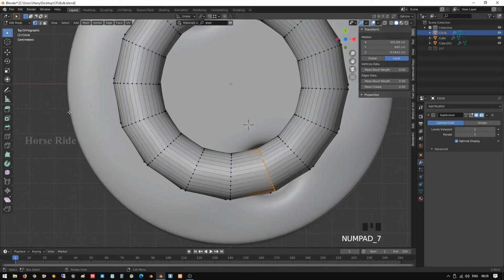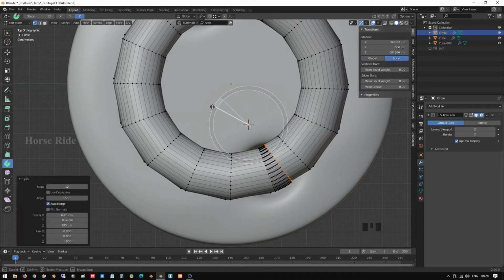And go to the spin modifier and create a spin. This one you make the steps to 4. Okay, and now move it.